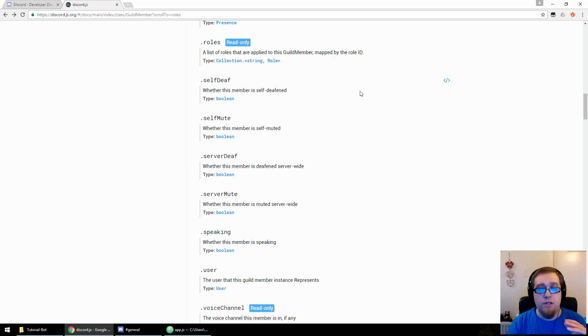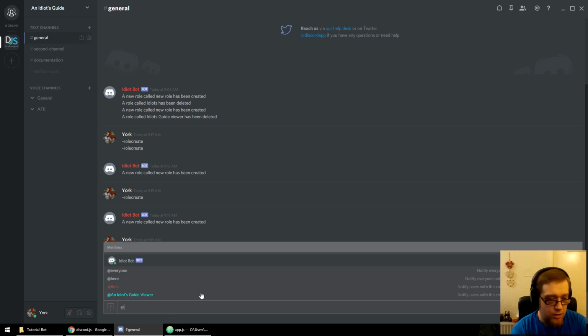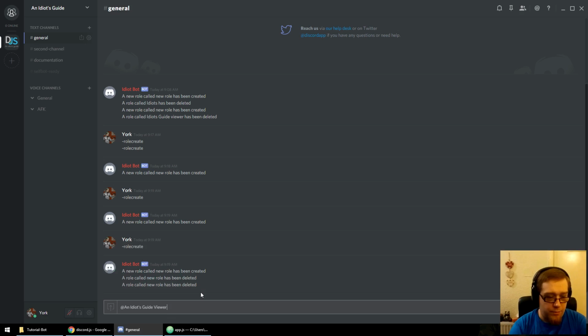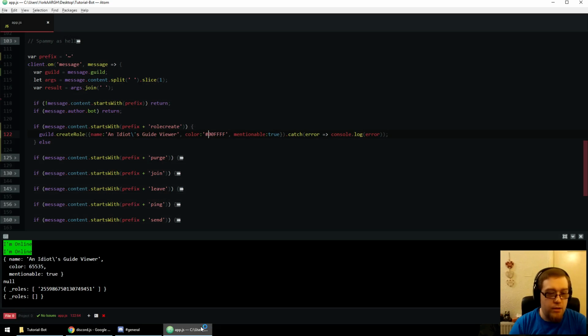Now, there's a couple of ways to find the ID. For just, if you don't care about finding it via a program, you can just do this. Basically, go to mention the actual role in question and just put a backslash in front of it. It'll give you the role ID. So if I were to do